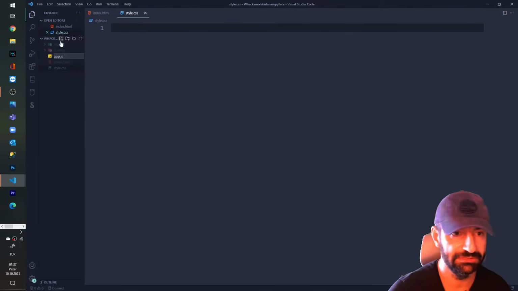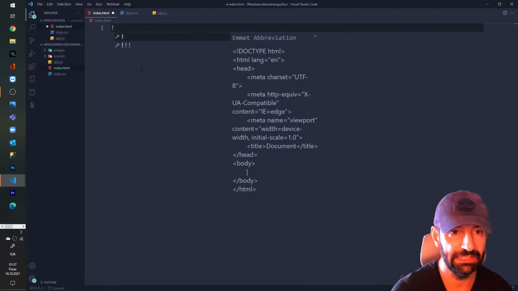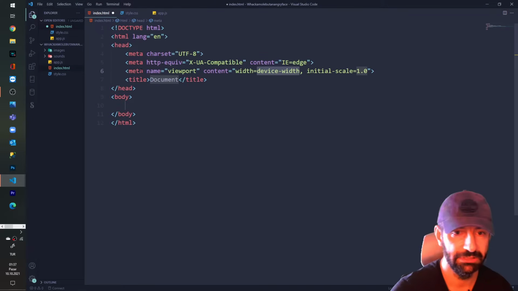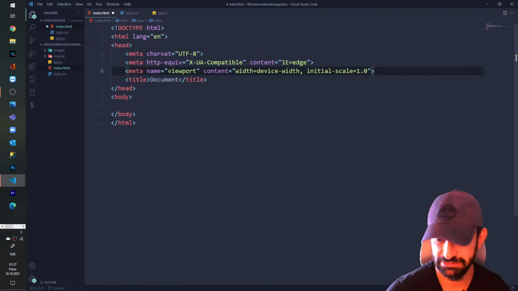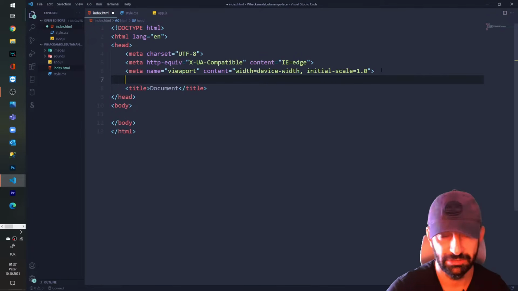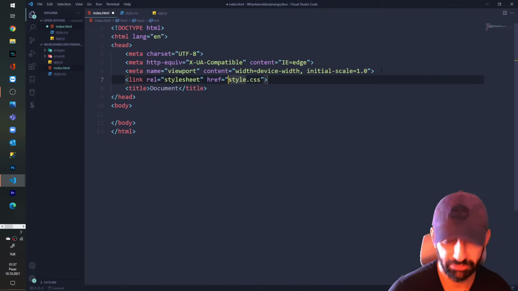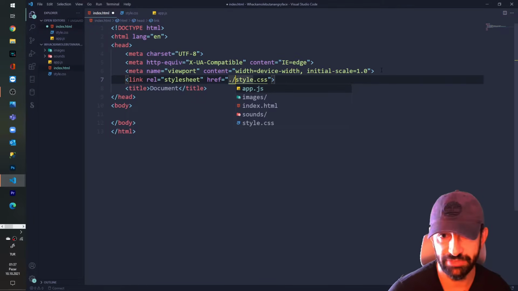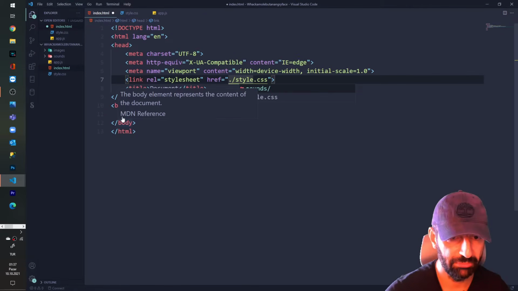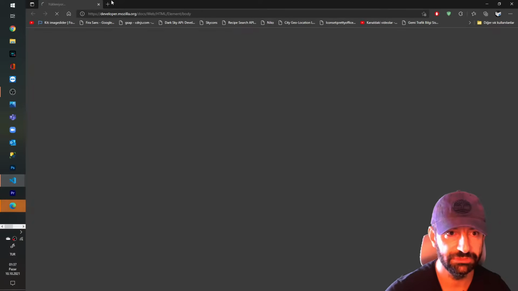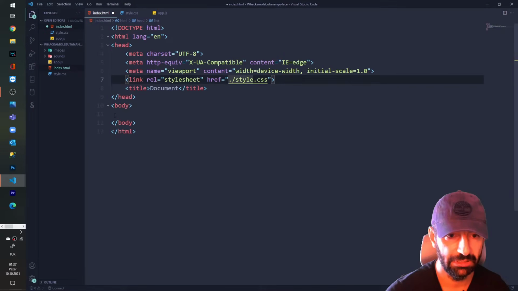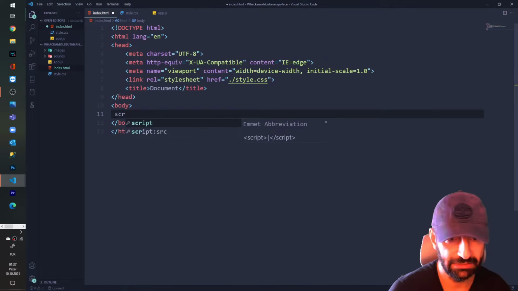We're going to create these for this particular project, and now I'm writing my HTML. I hit the basics. I add a link for CSS. I'm importing my CSS file, and I'm importing my JavaScript file inside the body.